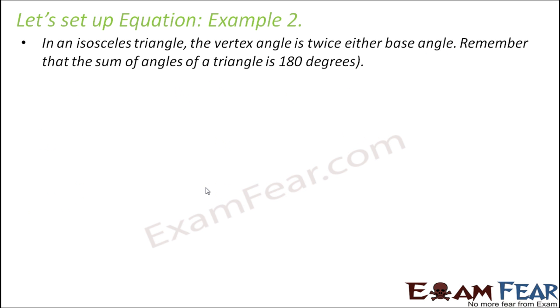Let's look at one more example. In an isosceles triangle, the vertex angle is twice either base angle. So this gives you the relationship or the criteria. Remember that the sum of the angles of a triangle is 180 degrees. Now let us first understand everything